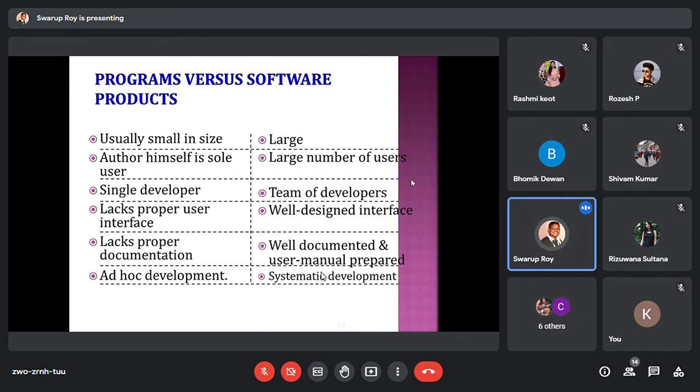You have to think from the user's perspective, their levels of understanding and expertise in using that system, how much they can use it. If there is any error, what are the possible errors that they can make, and accordingly you have to do a lot of validation.